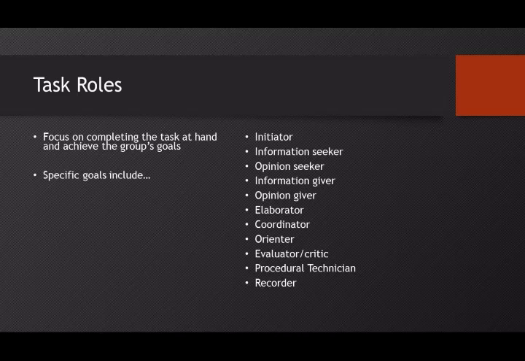I'm going to pick out a couple of them that are more important to remember. The recorder is certainly an important role that's oftentimes present in groups. This person takes notes or logs the information that has occurred within group meetings so that the group is able to stay organized and on track and have information straight. So this is definitely a person that will help the group maintain organization and move forward.